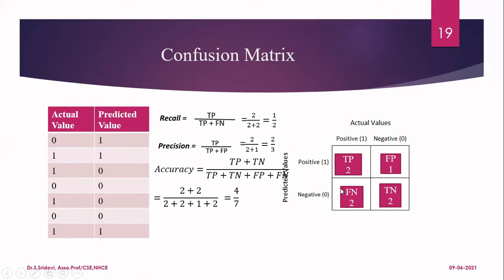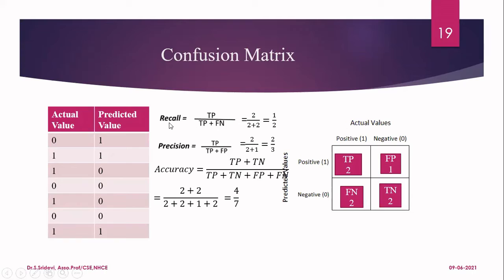Now let us understand false negative. False negative is where your actual value is 1 and the predicted value is 0. So in that table, you search for rows with 1, 0. In this row I have 1, 0, and in this row also. There are 2 rows with that. So false negative is 2. Now, what is true negative? Actual is negative, and you predicted correctly as negative. So search for 0, 0. I have 0, 0 in this row and in this row also. So true negative is also 2.